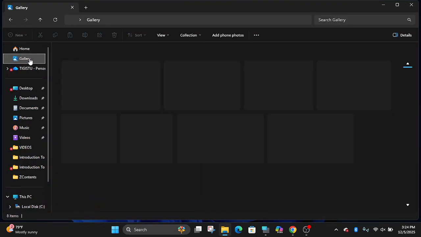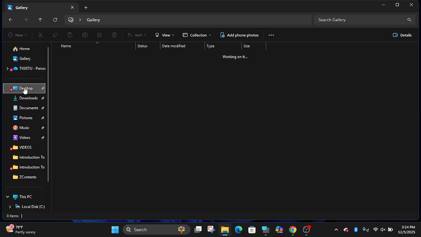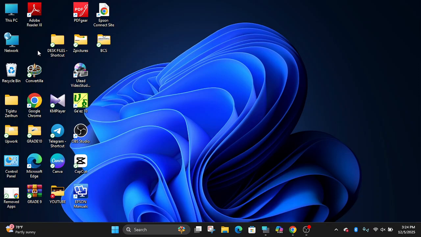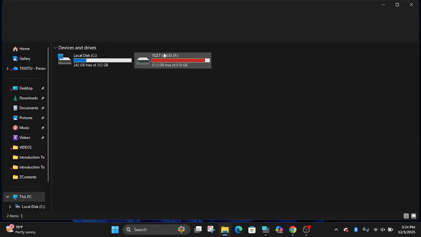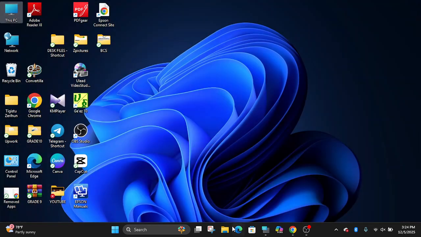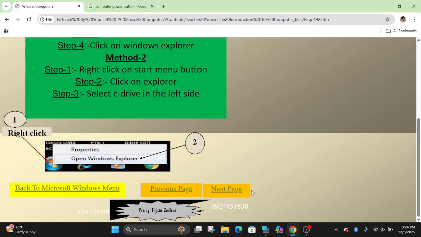Gallery, for instance, the Desktop, or This PC can also be alternatives, but File Explorer is advisable to access and manage our files easily inside the computer system. In Windows 7 and other versions, it is known by the name Windows Explorer, not File Explorer. Right click on the Start menu and choose Open Windows Explorer.